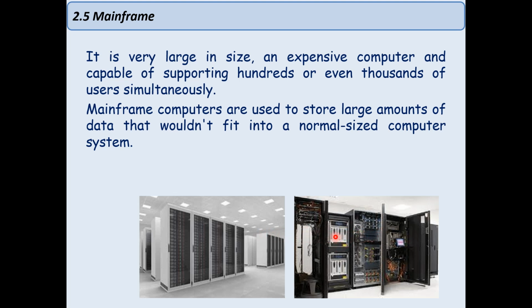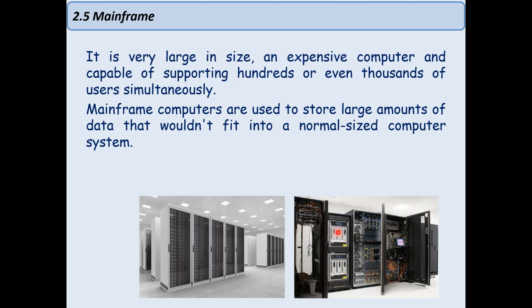They can store a large amount of data. For example, Google uses these types of computers. Why? Because it has a large amount of data, and maybe millions of computer users are accessing it simultaneously. So instead of using normal computers, those kinds of servers, Google or Facebook or any other servers like them, must use mainframes because